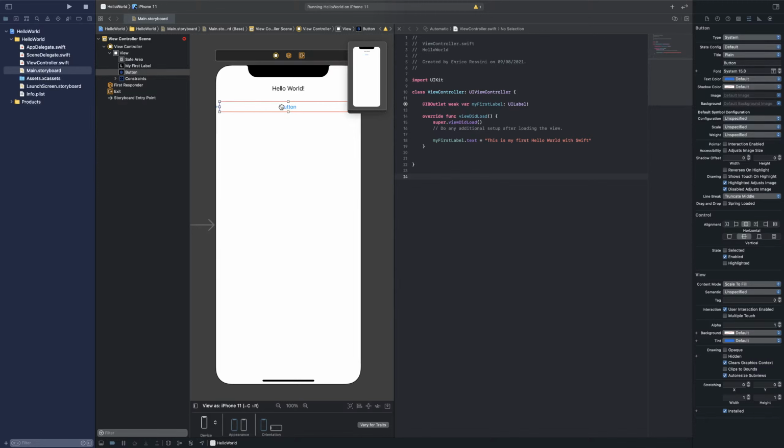And now we have a couple of options. What I want to do now is the vertical spacing. Then in every device I want to maintain the label first and then the button. Okay. Now, again, just because I want to create something a bit more meaningful for this first video, is